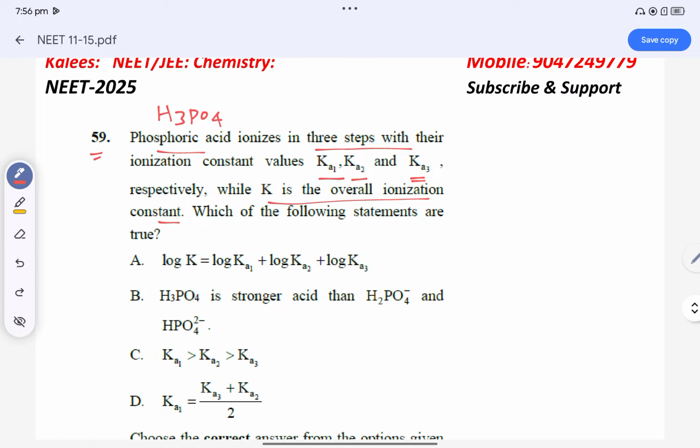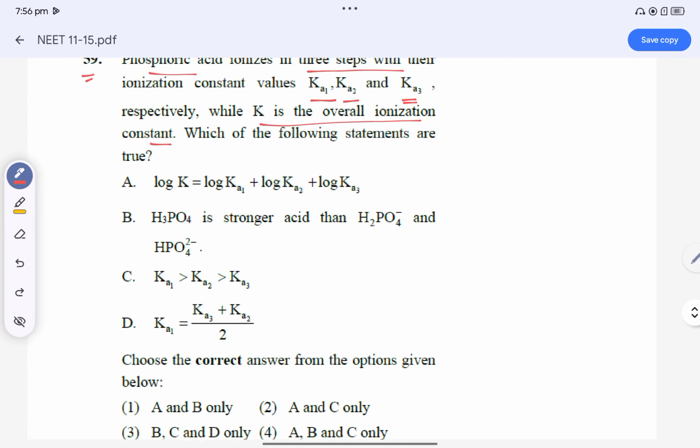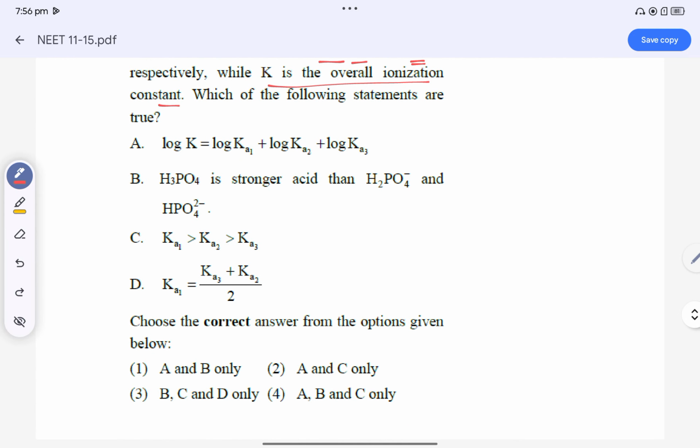First, they have given Ka1 for phosphoric acid. Now let us look at it one by one in phosphoric acid. Shall we see the ionization process? Ionization of H3PO4. H3PO4 stands for phosphoric acid. There is no charge, so it is neutral. It is ionized into H plus